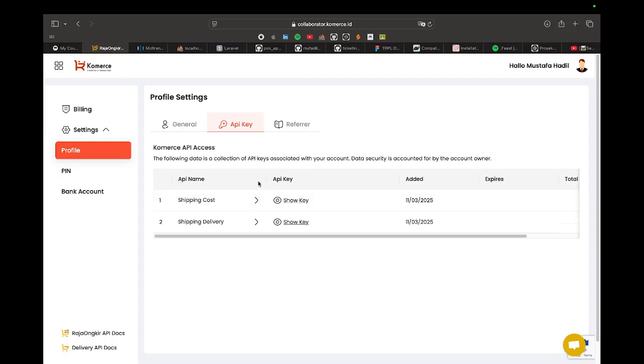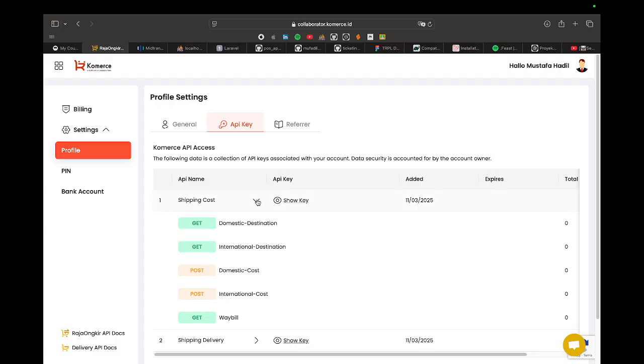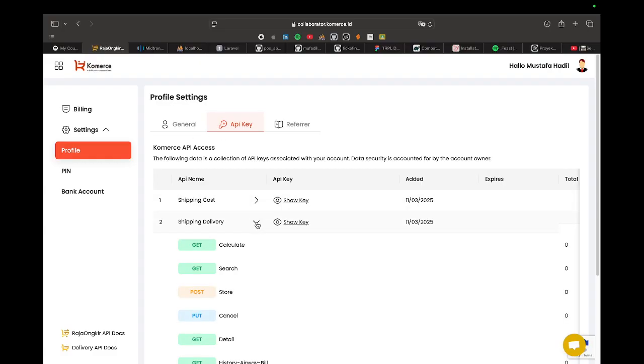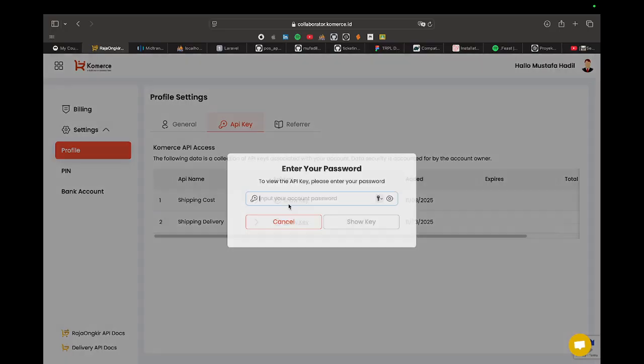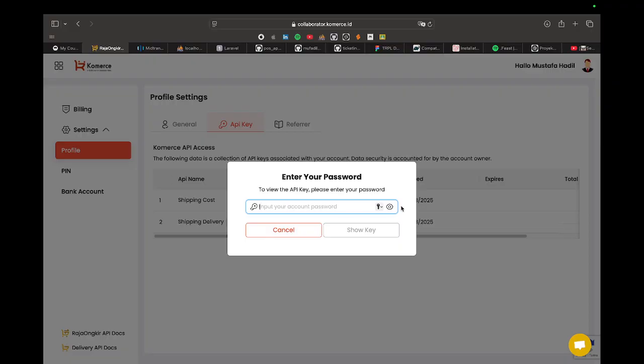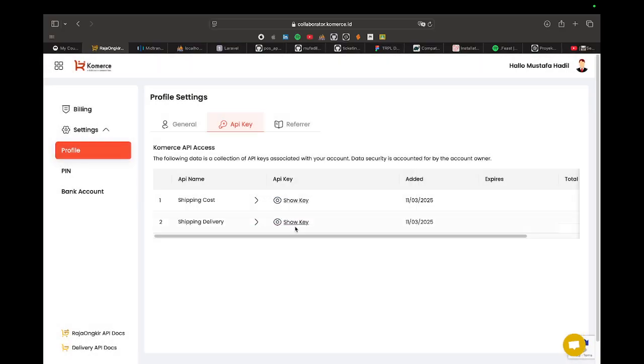We use this shipping cost, not shipping delivery, but shipping cost. To show the key, just click show key and input the account password that you put in the register, like that. Okay, I've got the API key.